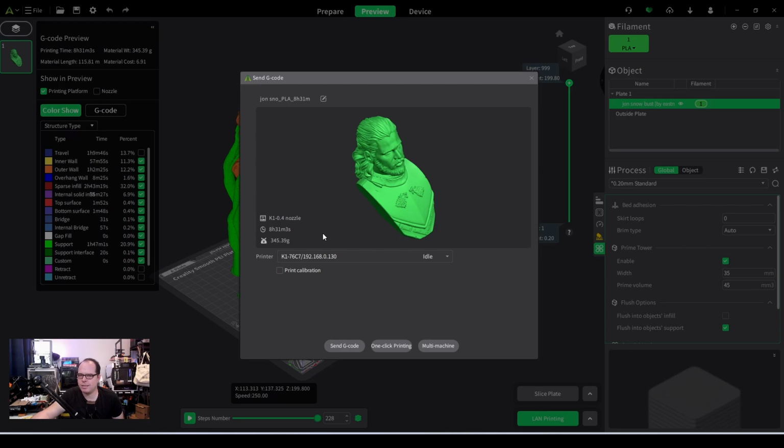Always make sure that that is the same as the one that you used in here, and you can click print calibration and then one click printing. So these are the basic features of Creality Print, how you can add your 3D printer, how you can add or change different types of filaments within this slicer. Also some basic settings that you can use for